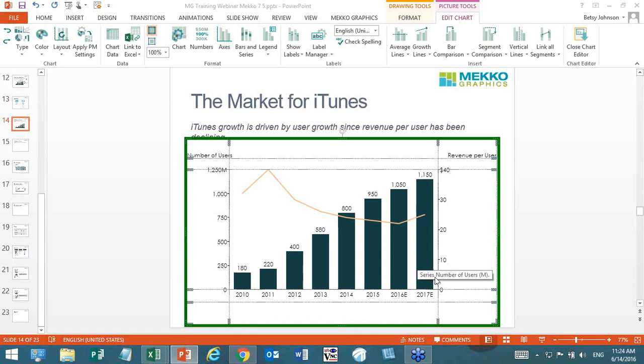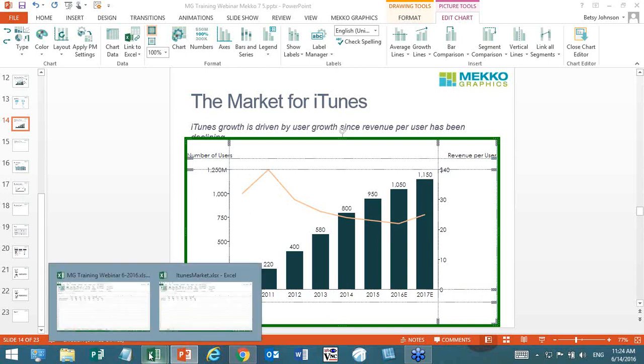And it did. If you notice, it added that 2017 bar because that was what was selected. And you'll also notice that the chart is green bordered, indicating that it has an active link to an Excel spreadsheet. And now that it has an active link to that Excel spreadsheet, I could